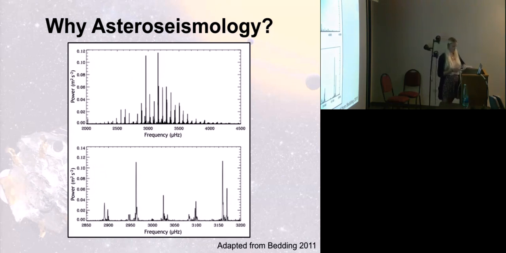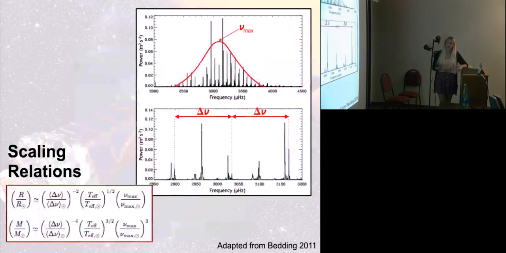If you take a look here, this is a power spectrum of the sun taken from Tim Bedding's paper in 2011. We have a full power spectrum of the sun on the top with a zoomed in version on the bottom. As you can see, an oscillation doesn't happen at one frequency, but in fact over a range of frequencies. This is actually due to the stochastic nature of the excitation. Solar-like oscillations are approximately Gaussian, where the frequency corresponding to the peak height of this envelope is the frequency of maximum power, or nu max. And then at the bottom there, you can see this periodic spacing, or what we call the characteristic frequency spacing,